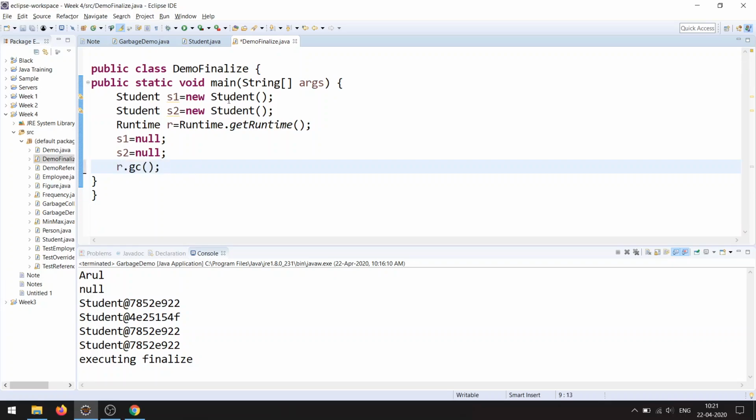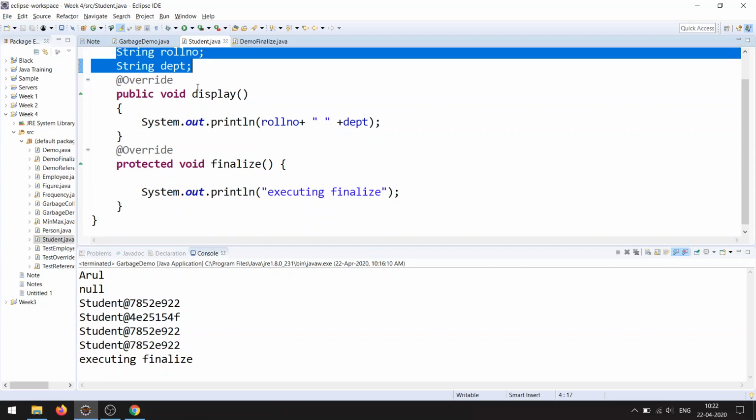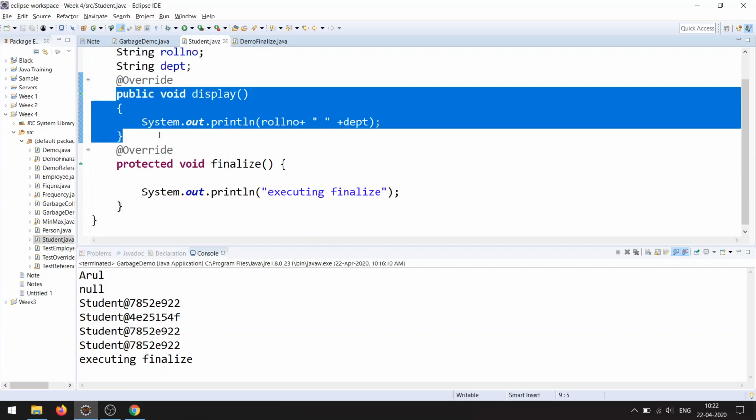Apart from that, you have to attach the finalize method. Here we are working with the student class, so inside the student class you should write your own logic for the finalize method. Every time an object is deleted from memory, the finalize method, which is part of the student class, will be executed. Inside the student class, which I created in the earlier sessions, we have two properties, roll number and department, and a display method which displays roll number and department.